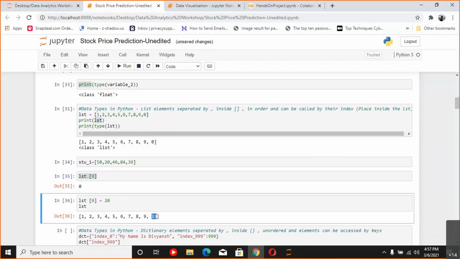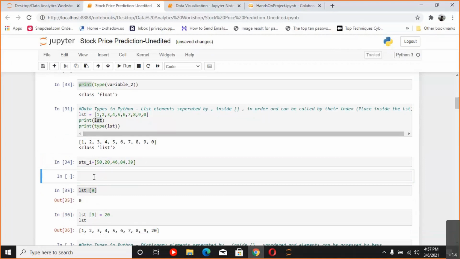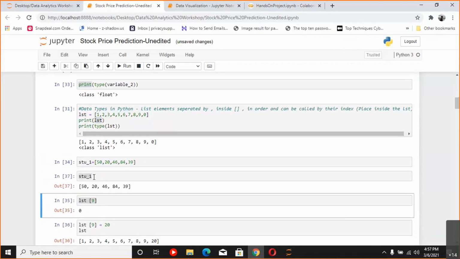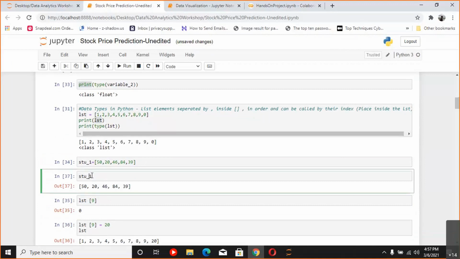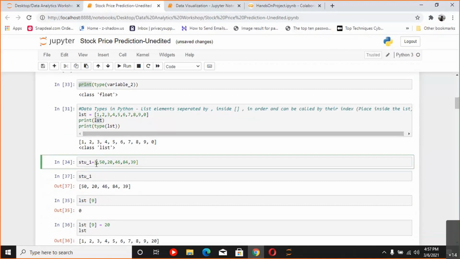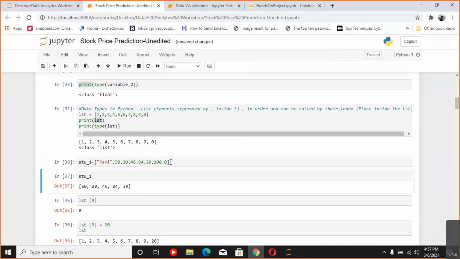And again, a special feature of Python is that you don't need to put elements of the same data type in a list. If I print stu_1, this is my list of student marks, right? Suppose I want to store the student's name also in this. I can just type here Ravi, and see, this is a string, and these are all integers. And say I want to include a maximum marks column also, that will be a float. So you can see there are 3 different data types in this. If I run it, everything is stored and it does not give any type of error.